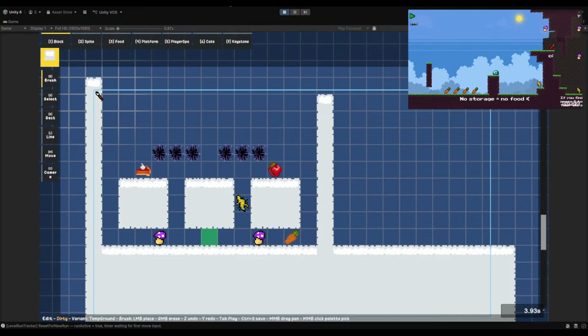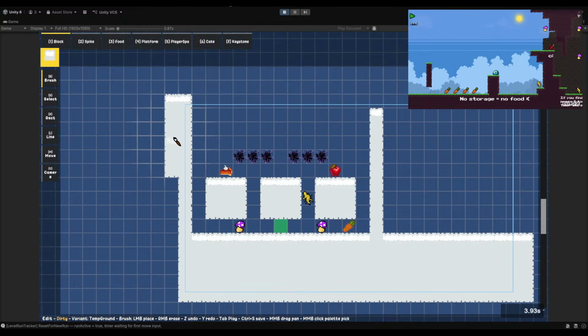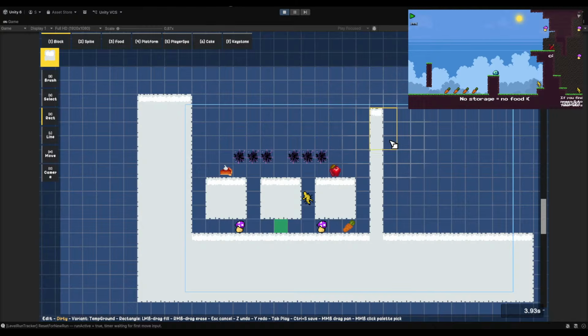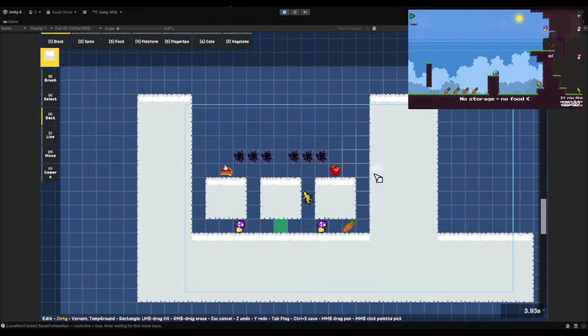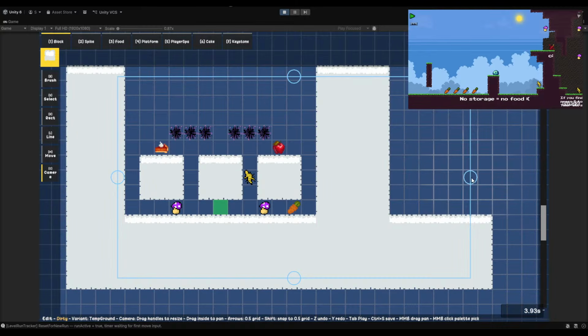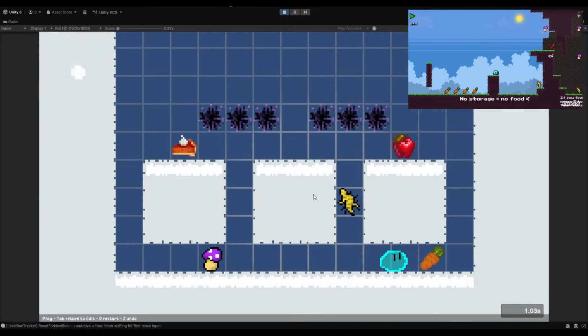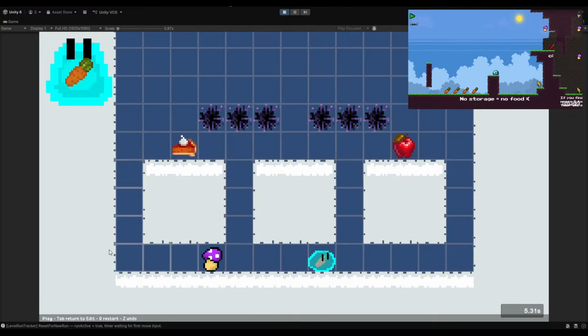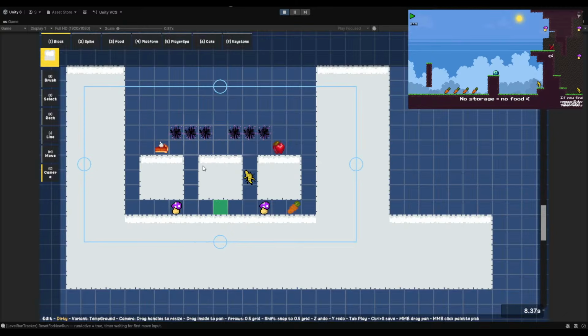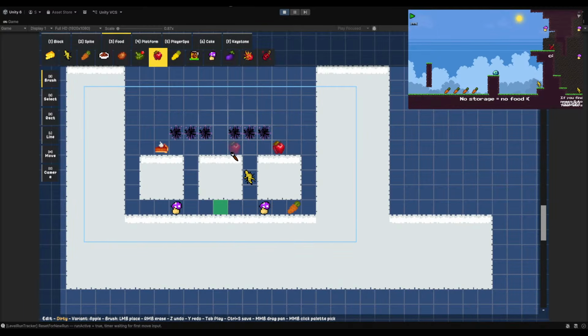There. You know what? This is good. I see what I want to do now, because I want to show that the mushroom deletes last food if you're holding food, right? So player may see, hey, I can literally just go here and carrot, but oh, it's gone. You know what? That is fine. I think that's good. And then we can have mushroom in the way there.